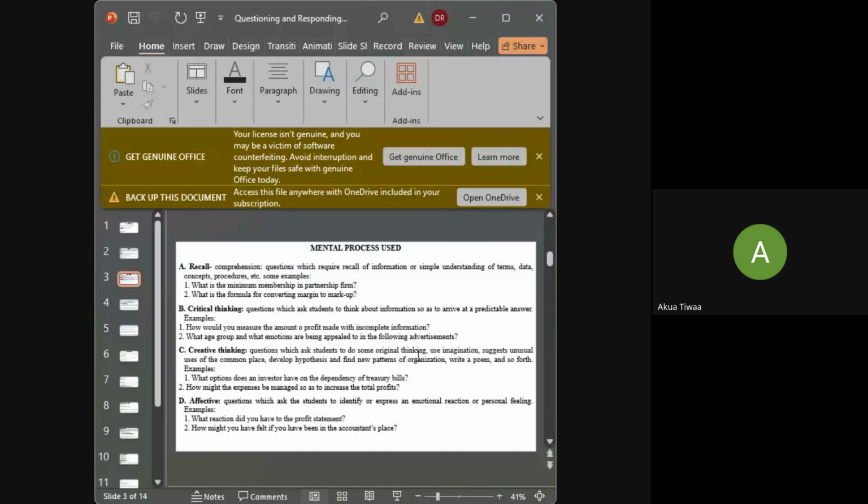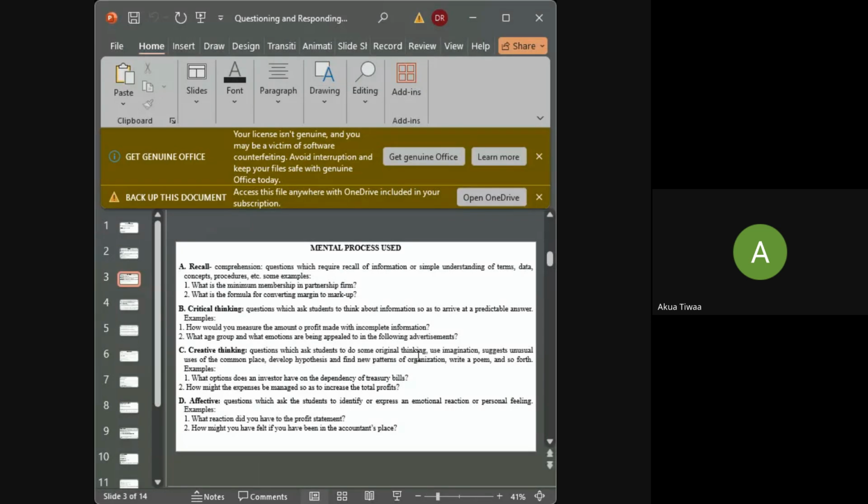So creative thinking, we want you to do something that is original from you. Okay, use your own imagination. Something that is unusual at all places. So that is the creative. You use your creative way of doing the thing. So sometimes you have taught learners how to do something for a very long time, they can't do it. So you sit down and then you think of something. Let me use this one. I think when I use this, they will understand. That is the creative thinking.